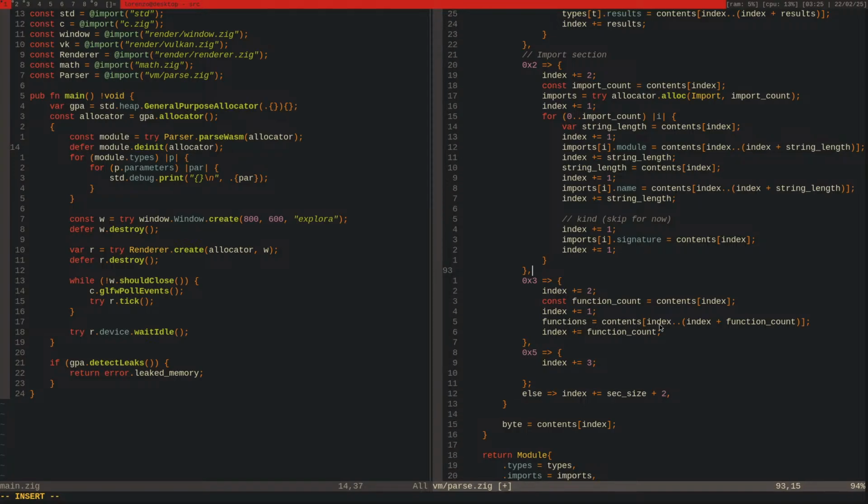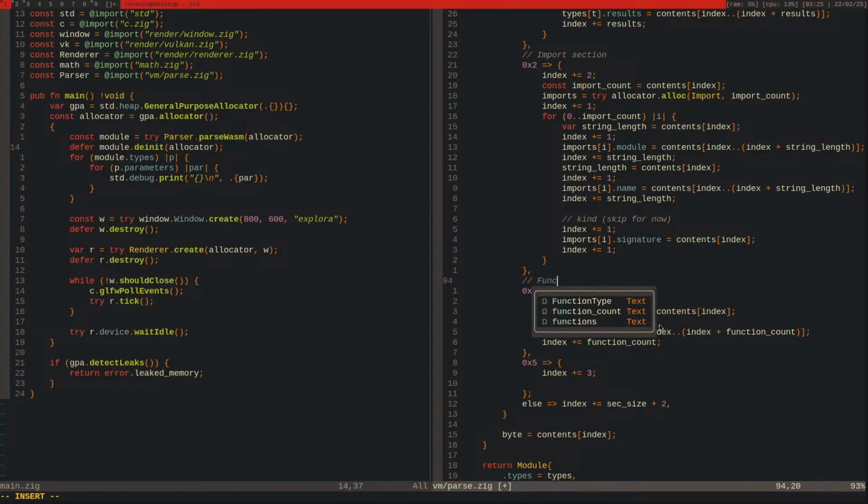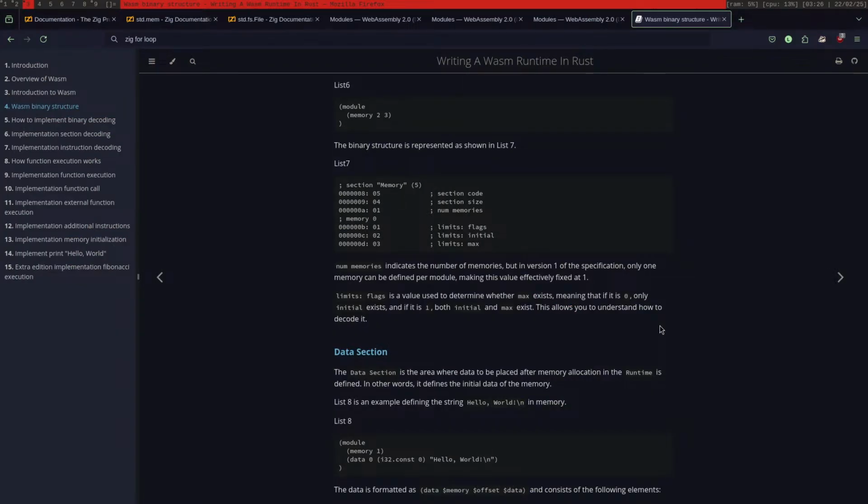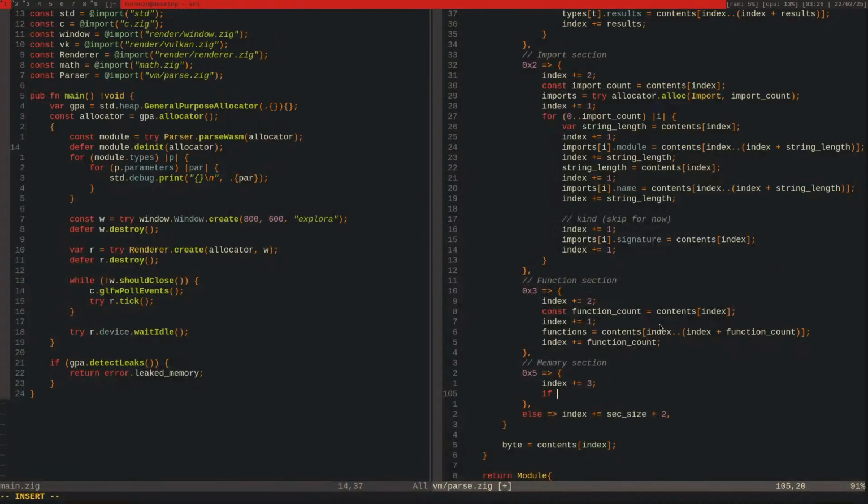Oh, this is the function section. This is the memory section. Okay. This should be okay. Then if content index,